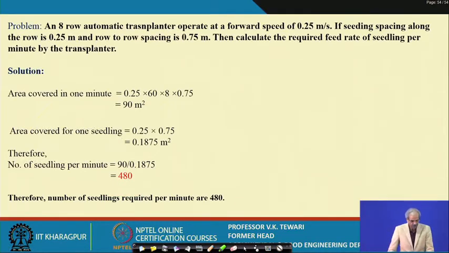Well, an 8-row transplanter operates at a forward speed of 0.25 meter per second. If seedling spacing along the row is 0.25 meter and row to row spacing is 0.75, then calculate the required feed rate of seedlings per minute by the transplanter. Well, in this case, we see here that there are 8 rows, and the forward speed is 0.25 meter per second. Seedling spacing along the row is this, and row to row spacing is this. So, we can very easily understand that the seed has a certain area which it covers, and that area could be, if you take care of the